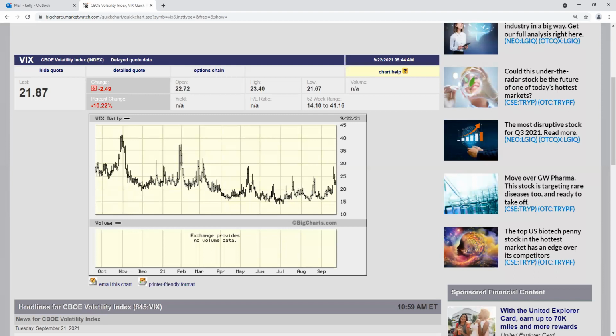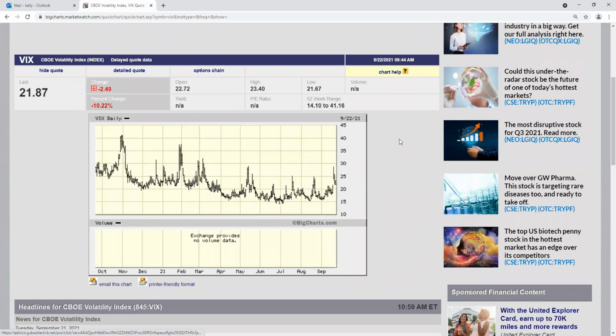The VIX is a very, very good indicator in a lot of different ways. It gives you a little idea of momentum, a little idea of overbought, oversold. It gives you a good idea on complacency or panic. So what we're going to do is look at the VIX, and then I'm going to compare it to the stocks.